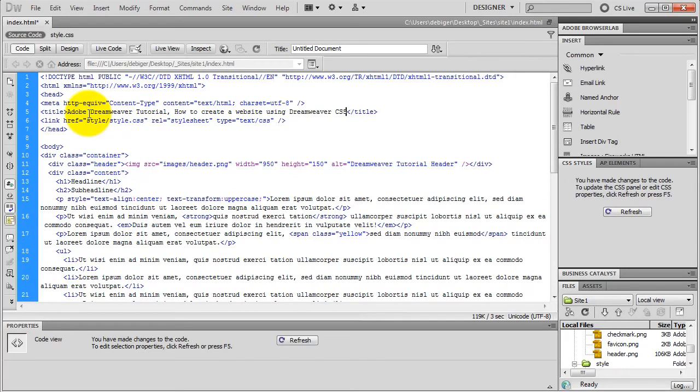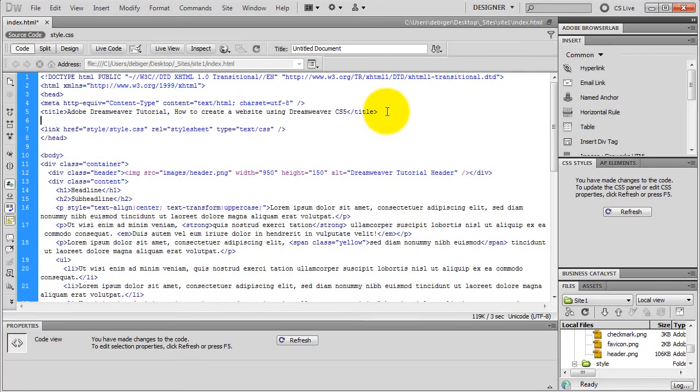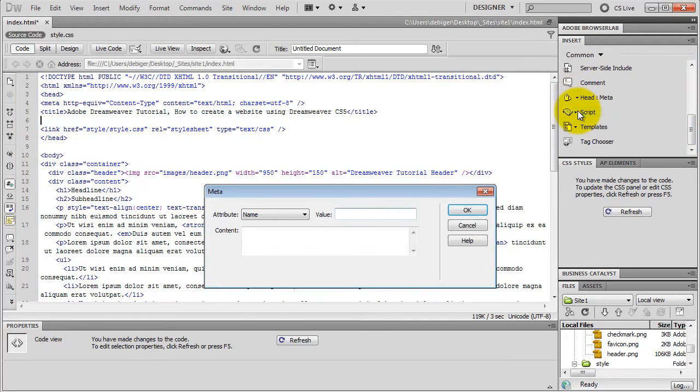I want to insert it after my title tag. I go to my insert panel, and down here I have my head. I need a meta tag. Okay, in the value field type in description, don't misspell it, and in the content field type in your own description, make it relevant to your page,